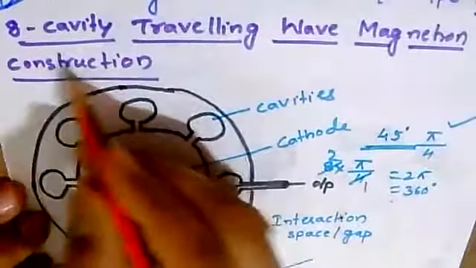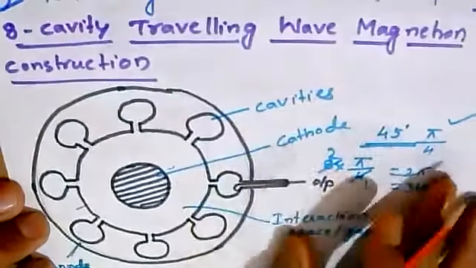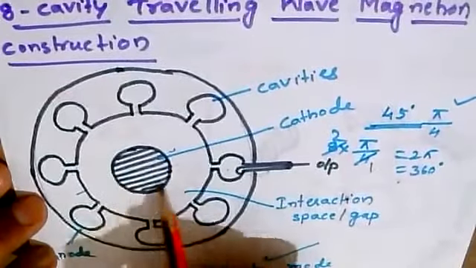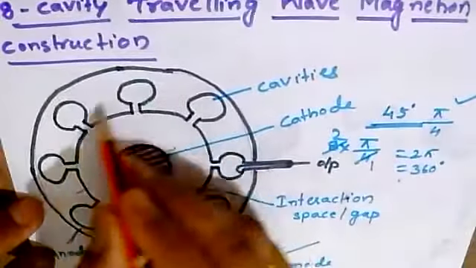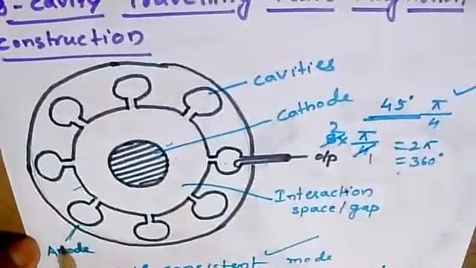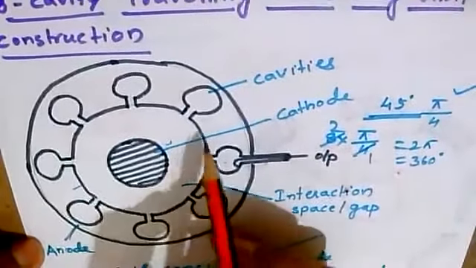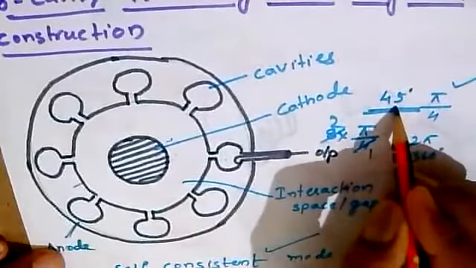Okay, fine. As we already discussed, the eight cavity traveling wave magnetron has a cylindrical coaxial cathode at the center, surrounded by the anode. There are eight cavities in total, and these eight cavities have a phase shift of 45 degrees with each other,